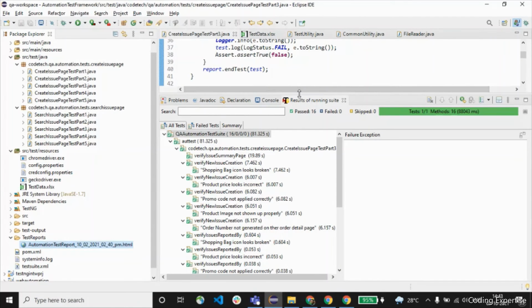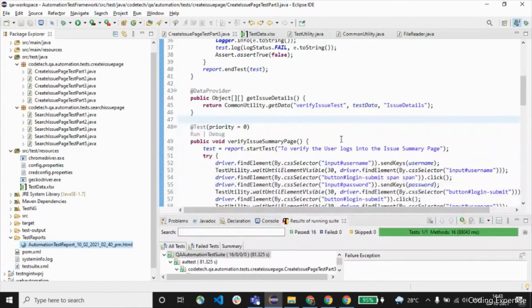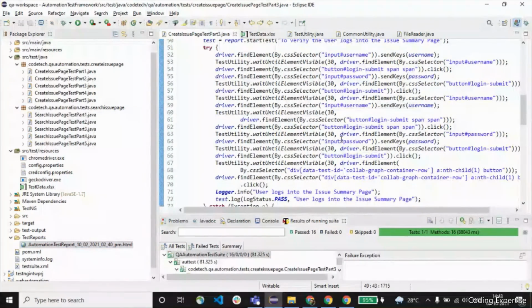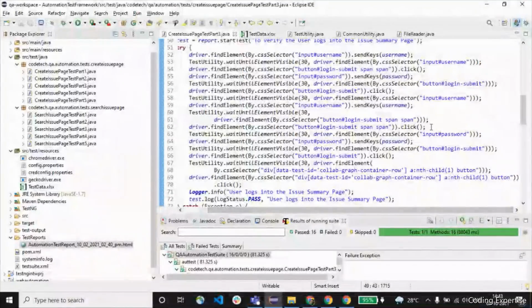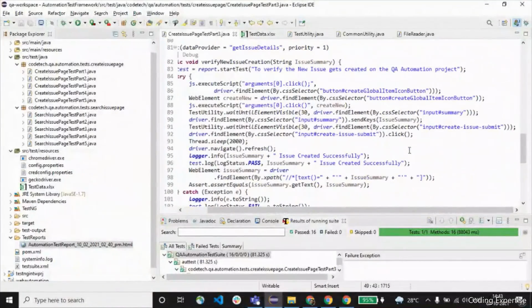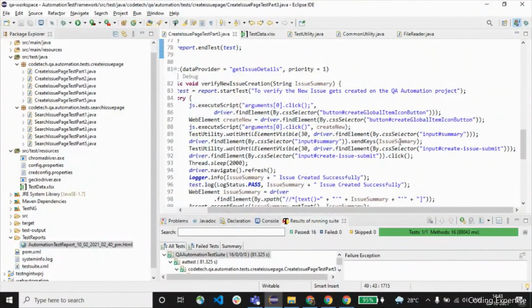Now I'm going to talk about an interesting thing. If you would have noticed clearly, right? Let me show you that also. Issue create. See here, we have specified only one column, right? Issue summary.